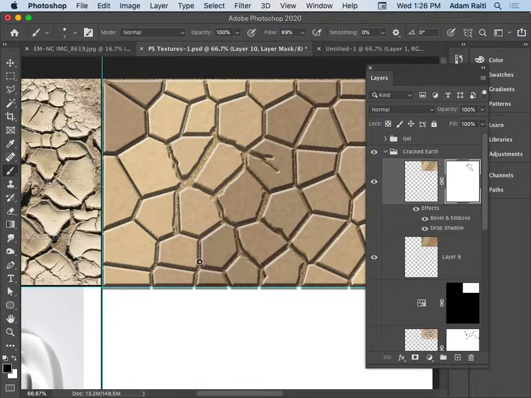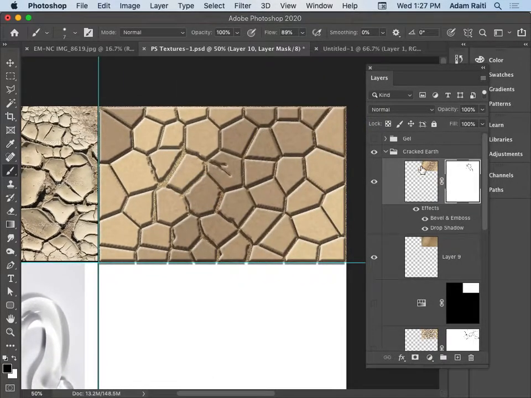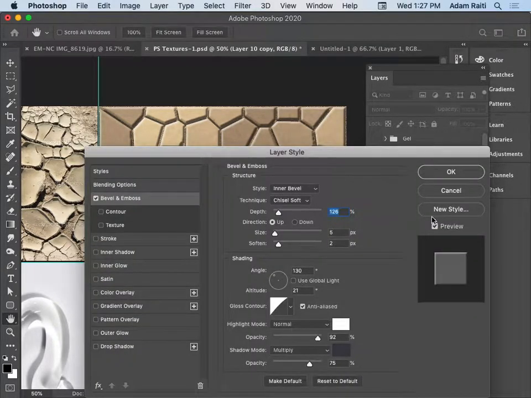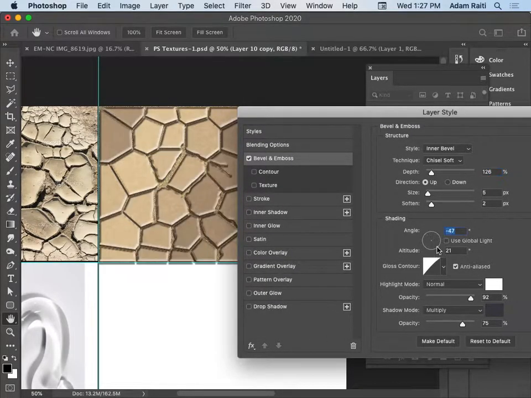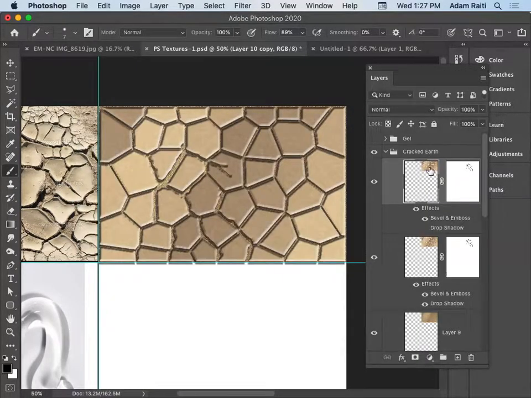If you notice, I had a whole other layer because we want this to look like it's peeling. So once I do that, I can make a copy of it by dragging it on the layer maker, right? I'm going to turn off the drop shadow on this one, and I'm going to double click on my bevel and emboss, and I am going to change the direction of my bevel and emboss, and then I'm also going to